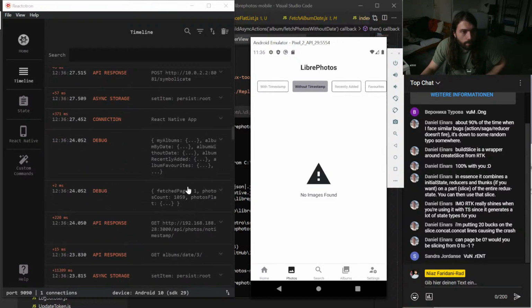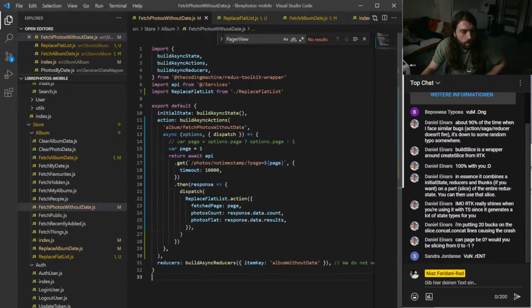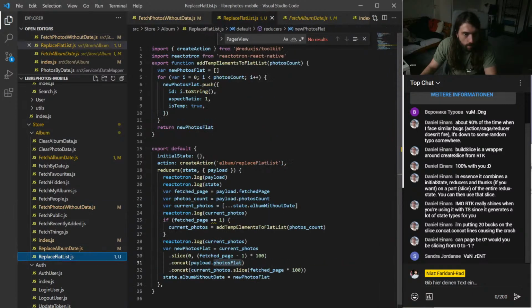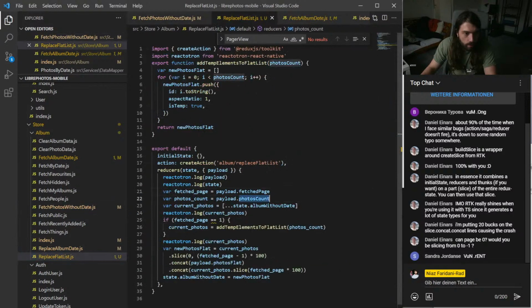Okay. Save debug and debug and debug. So I think there's still some things wrong. Fetched page. Fetch page, right. So that's correct. Photos count. Okay.